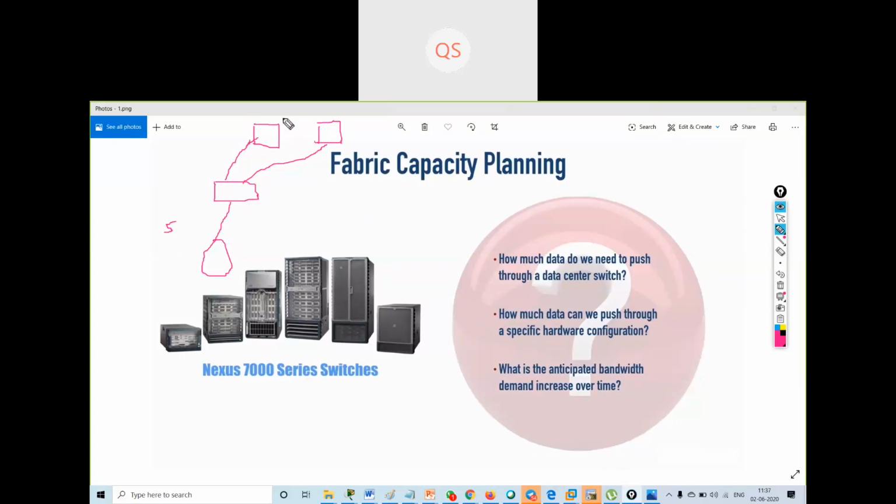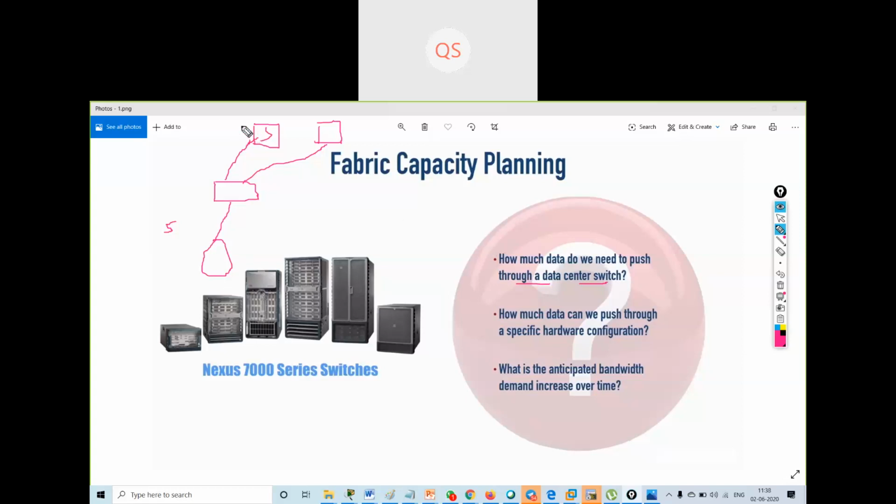If we are giving some capacity to the spine switches, how much data do we need to push through a data center switch? For a spine switch, we need to consider how many leaf switches we are connecting to and how much data is going to be flowing at maximum from all these leaf switches.